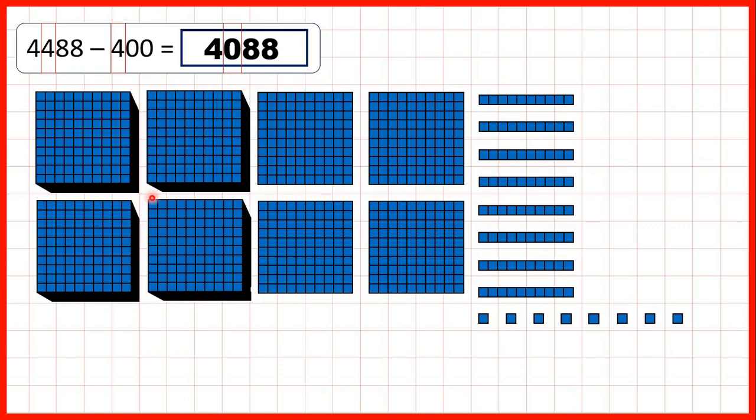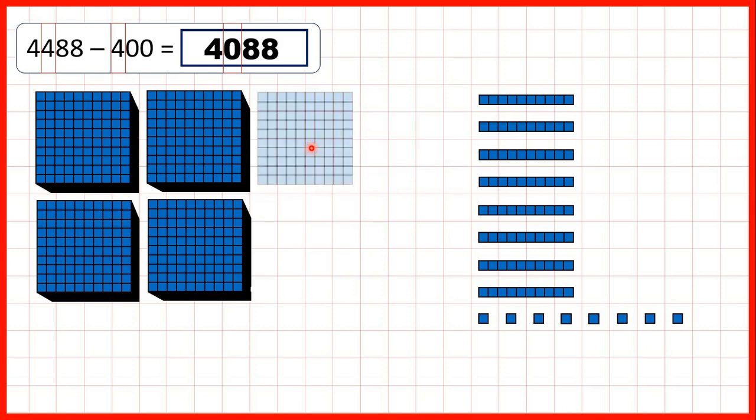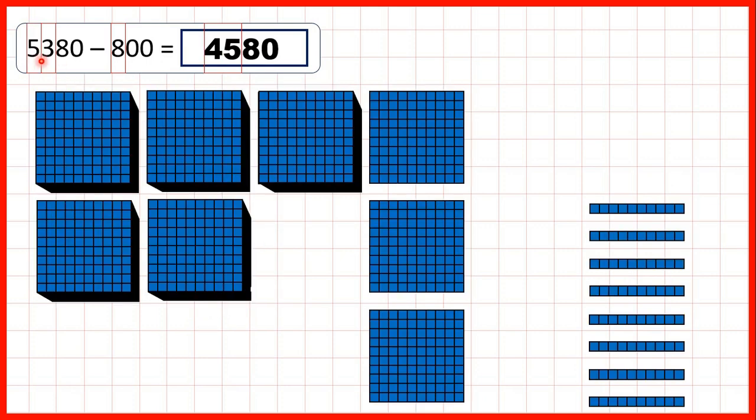Then we had 4,488 and needed to subtract 400. So that's just taking away the 400s that we have to leave us with 0 hundreds in our answer, and of course our thousands, tens and ones have stayed the same. Or with place value counters, starting with 4,488, subtracting 400 just means taking away our 400 counters. Then we had